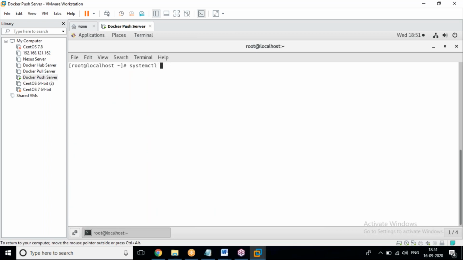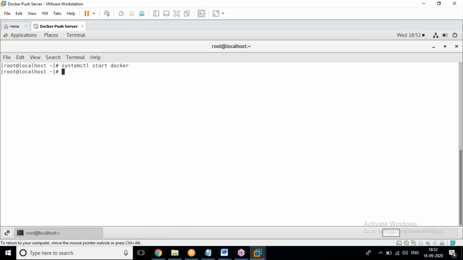systemctl start docker. Just wait. If I want to use CentOS or Ubuntu, I don't have it right now. I don't have Ubuntu. If I want to install that OS, it will take a couple of hours, so I can't spend that much time. For that reason we have one more powerful tool, the containerization tool Docker. On any platform you can install Docker, and yes, you can run that.